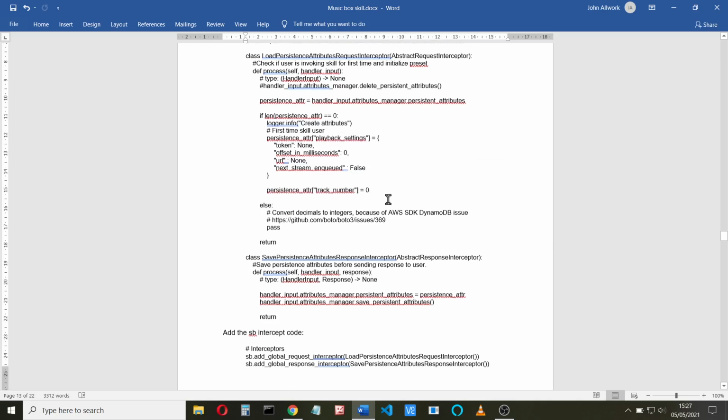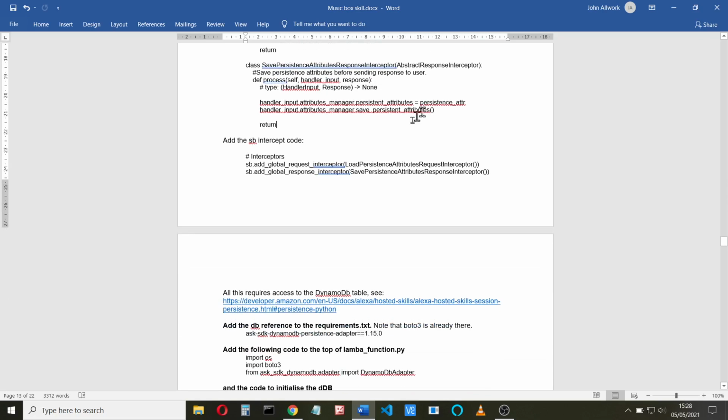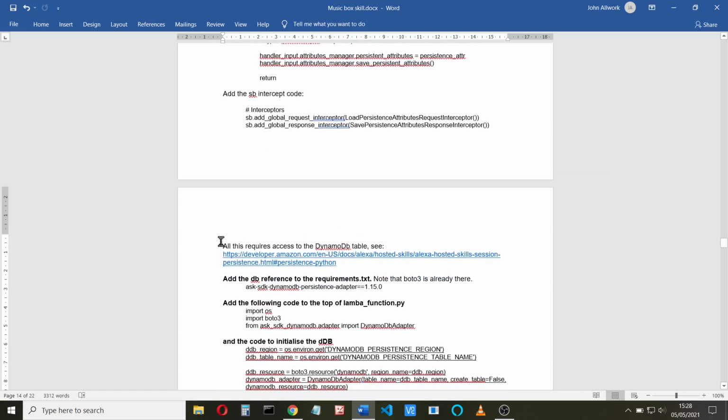There's a little comment here. I don't actually do anything with this, but you might want to just look at this. This crops up if you look at the Alexa skills Python code on their GitHub. And for the save, all we do is save the persistent attributes into the handler manager's persistent attributes and then do the save. So you don't actually need these, so long as every time you want them, you read them and save them away. To do that, we have to add some intercept code, and this all requires access to the